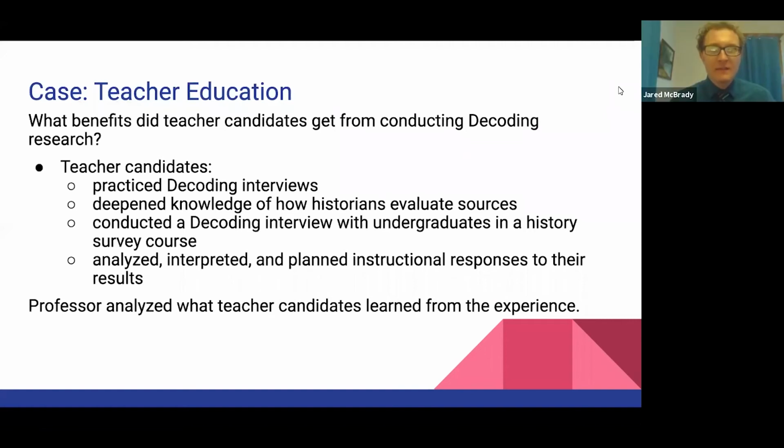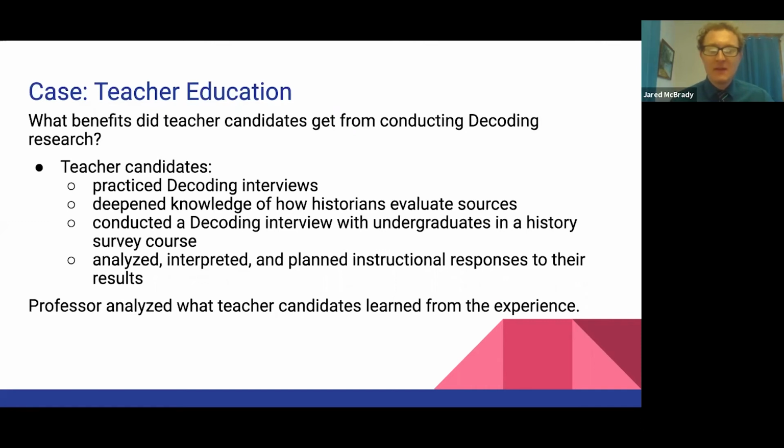And in my case, in the field of teacher education, I really focused on the student partners involved in the research. I teach a course on the Scholarship of Teaching and Learning in History for undergraduate students studying to become secondary history teachers. In this course, I work with these teacher candidates as they conduct Decoding the Disciplines research to understand the disciplinary thinking of their peers in an undergraduate history survey course.